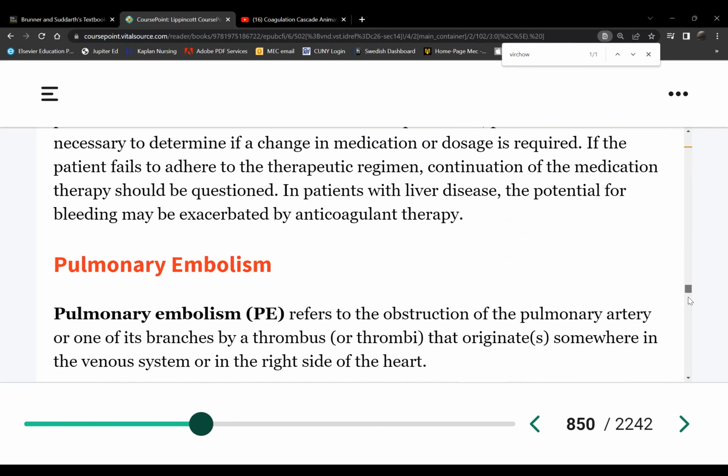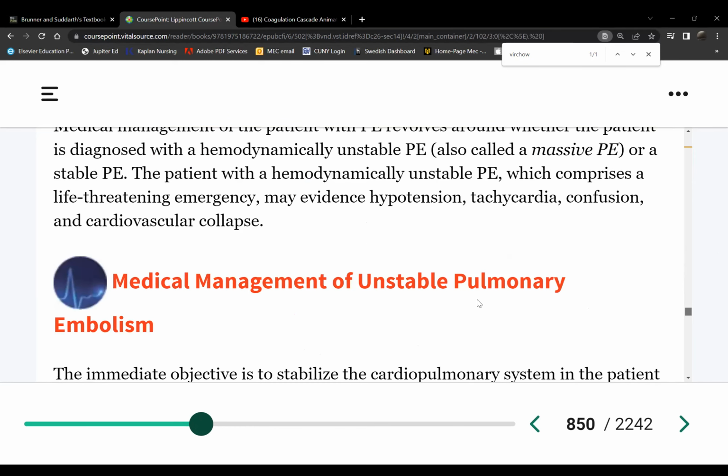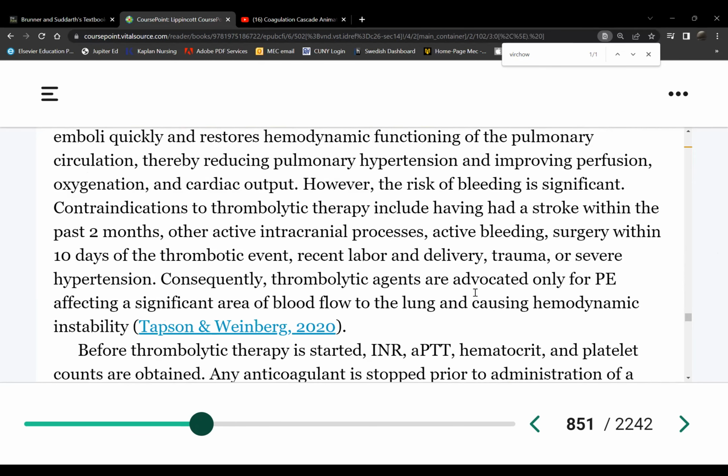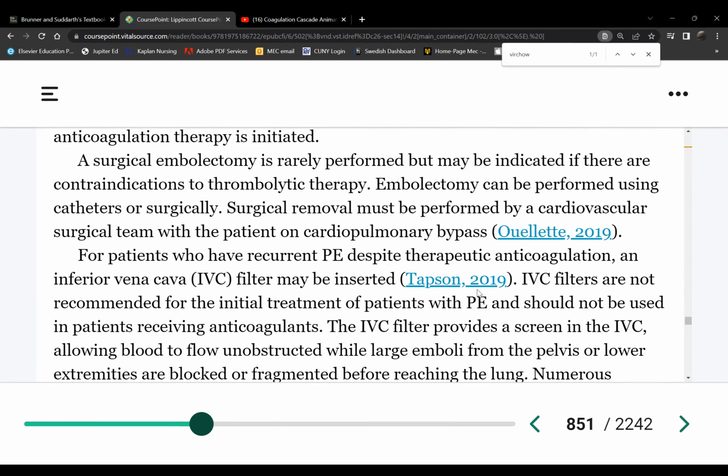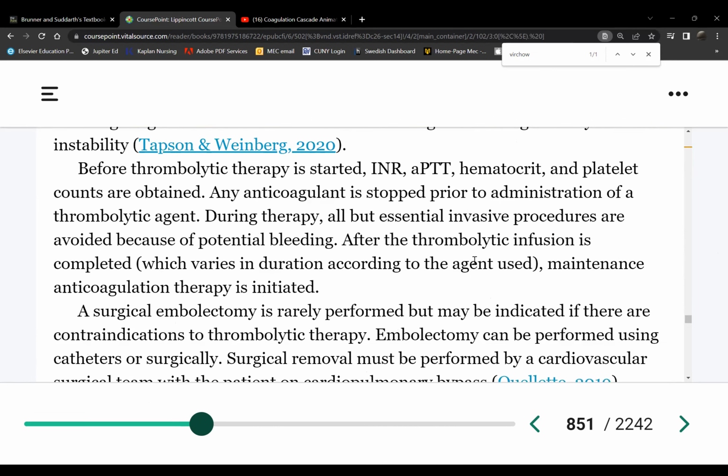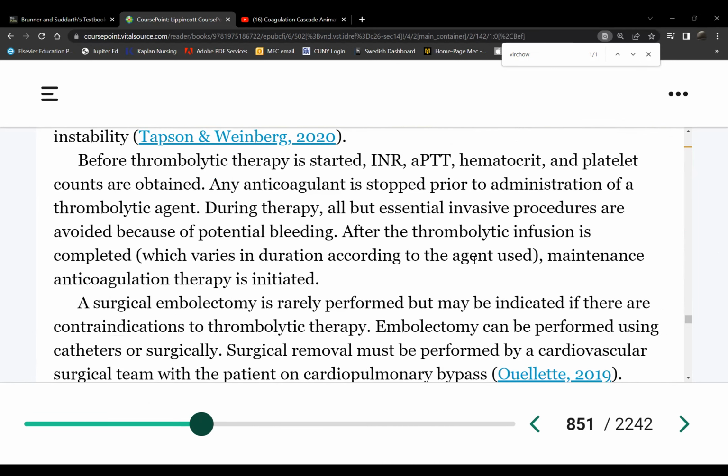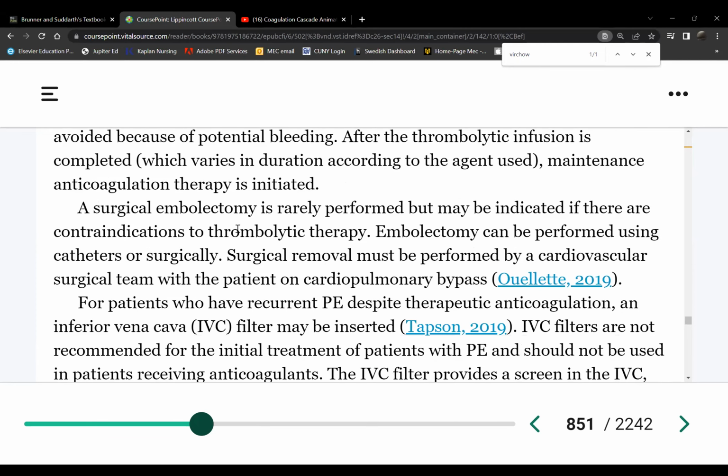Okay, let's continue. We know the medical management already, and we know the procedure. Why do we start with heparin first? So let's continue. If a patient is definitely unstable, the blood clots are, let's say, too many, too big, we can't do anticoagulants, so either we give them thrombolytic therapy, or if the clot's really big, surgery.